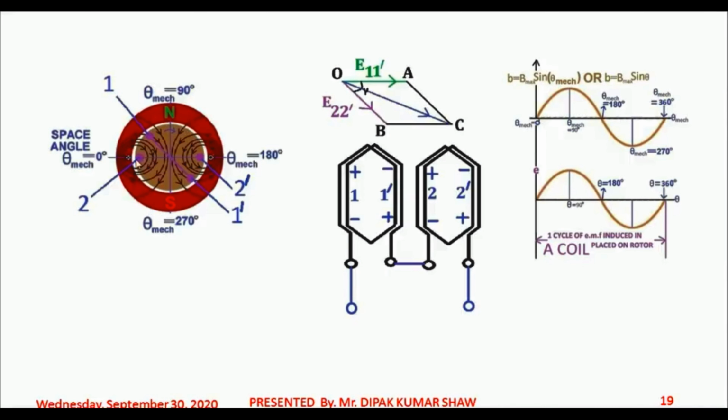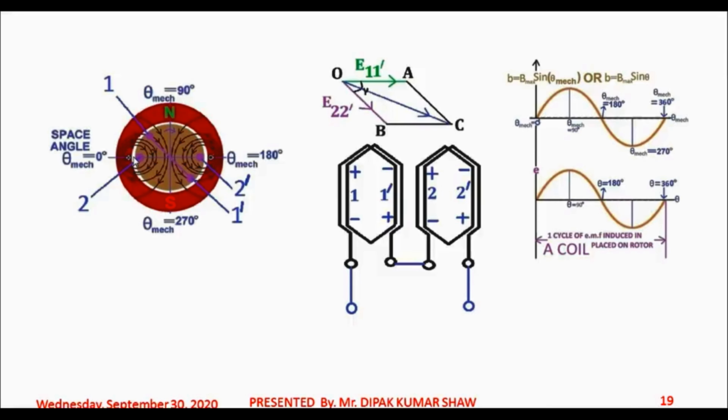That means let us think of some sort of hypothetical experiment where we are measuring the strength of magnetic flux density. Say we are measuring the strength of the magnetic flux density in the air gap at theta mechanical equals 0 degree. So we have started with a point in the air gap periphery